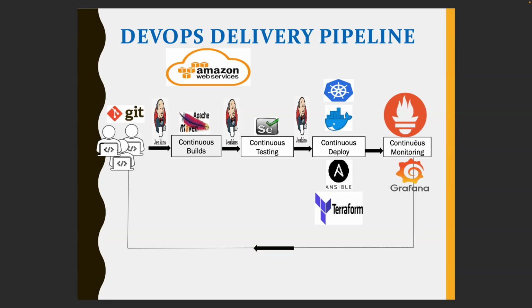And Prometheus is for monitoring. As a DevOps person, you should be able to work in any of these phases, like continuous monitoring of your application and monitoring your infrastructure, all of which is taken care of by this monitoring tool. So you should learn how to integrate Prometheus here or how to set up Prometheus for monitoring your infrastructure. All of these are tasks done by a DevOps person. So in a nutshell, whatever the manual process was will always be there at the back end, and a DevOps person will be automating it, and it will work seamlessly. Yes, it's all automated. Now there is no manual process. Everything is automated.